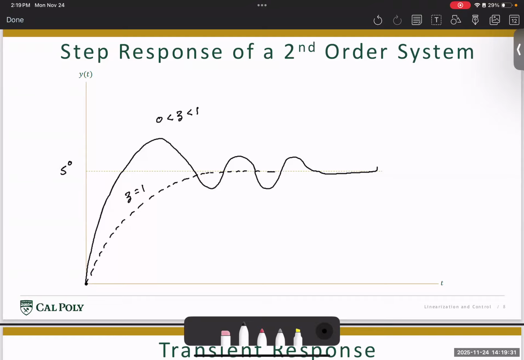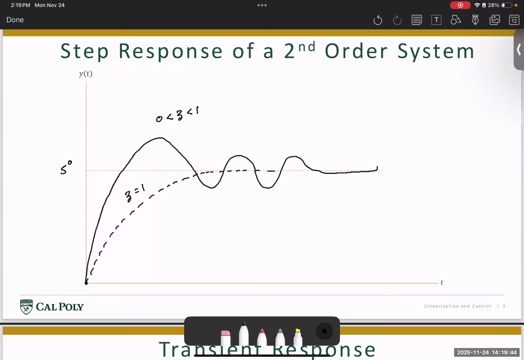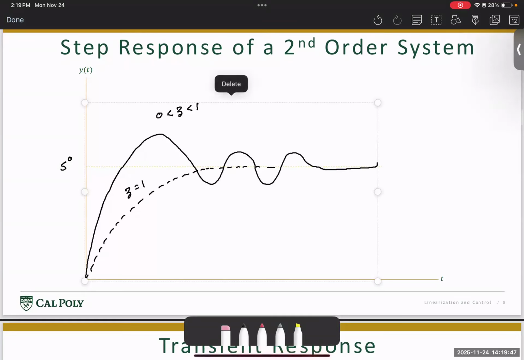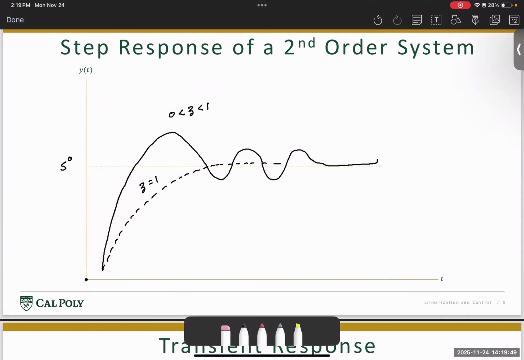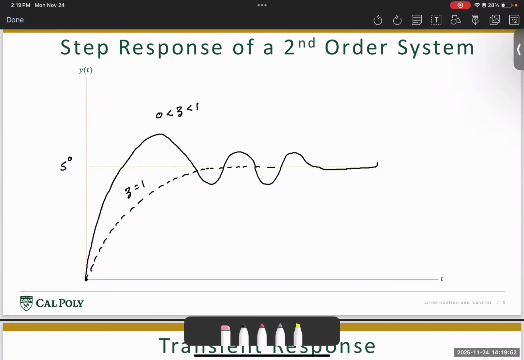And then the last case, when zeta is greater than 1, is a case where we're trying to be more cautious with the system. We're trying to kill any and all oscillations possible for the aircraft. In such a case, the pitch of the aircraft will look something similar to this, where the aircraft is overdamped, so there is no oscillation, and the aircraft settles at a final pitch value of